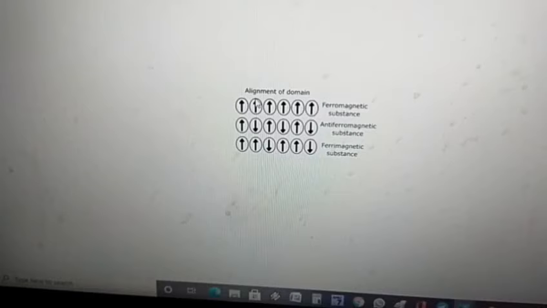Diamagnetism is shown by substances which have paired electrons. Paramagnetism means they should have unpaired electrons, but in the case of diamagnetic substances, they should have only paired electrons. Pairing of electrons cancels their magnetic moment, so they lose their magnetic character. So they are weakly repelled by the magnetic field as they have lost their magnetic character.